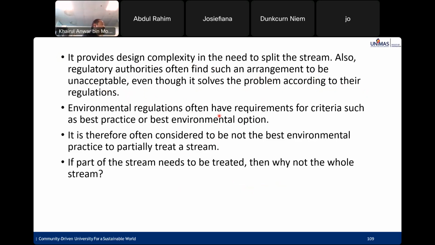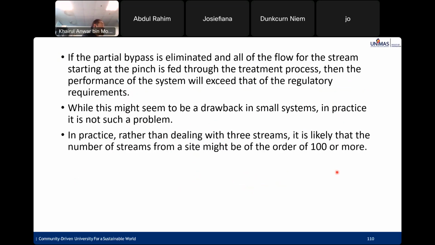Environmental regulations often have requirements for such criteria, such as best practice or best environmental option. It is therefore often considered not to be the best environmental practice to partially treat a stream. If part of the stream needs to be treated, then why not the whole stream? That is the argument. If the partial bypass is eliminated, then all of the flow for the stream starting at the